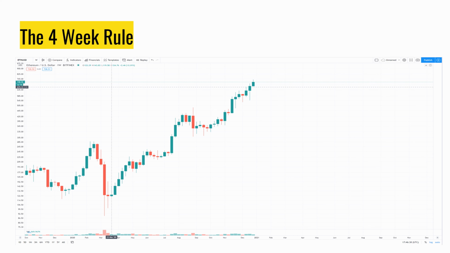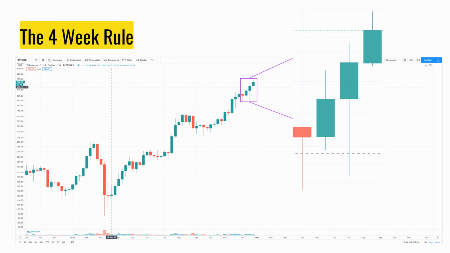Here we have Ethereum on the 1-week time frame. These are the 4 last candles, and let's now apply the 4-week rule. This is the zoomed in version of the 4 candles, and we see that the high was around $757.24. This means that we should wait until Ethereum rises above $757.24. If we were going to use the 4-week rule to also do our stop loss, we should set it to the low of the 4-week period, which was